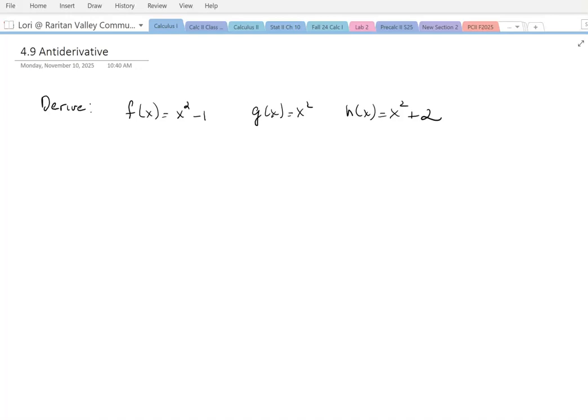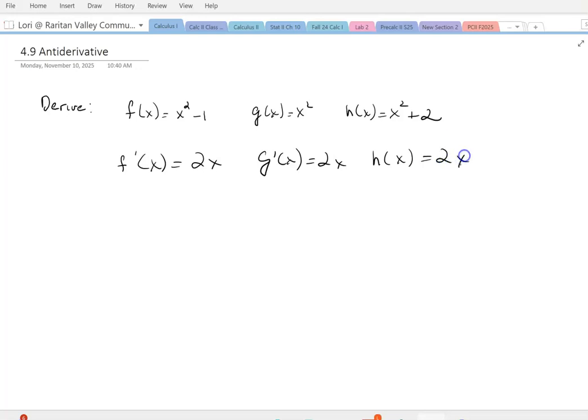So clearly the derivative of f of x equaling x squared plus 1, and again, three simple ones, is 2x. So when you take the derivative of all three of those functions, their derivatives are all exactly the same. And we see that because the original functions, f of x, g of x, and h of x, only differ by a constant. So if we were to sketch those three functions and our derivative,